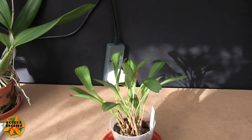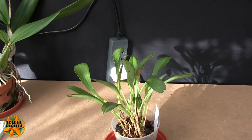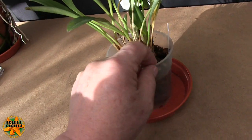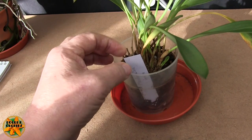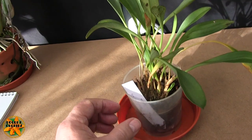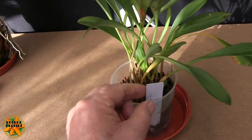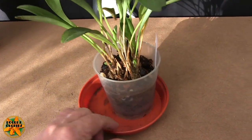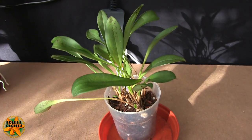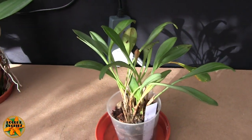Now, since it was repotted, it's dumped quite a few leaves. Nonetheless, the ones that are still there don't look too bad. But what it is doing is starting to grow. So around the base of the plant, we do have growth. And as you know, with Masdevallias, with new growths at some point down the line, we will get new roots from those basal areas, which should then get into the new media. They will therefore acclimatise immediately, and we should get a reasonably healthy plant down the line,